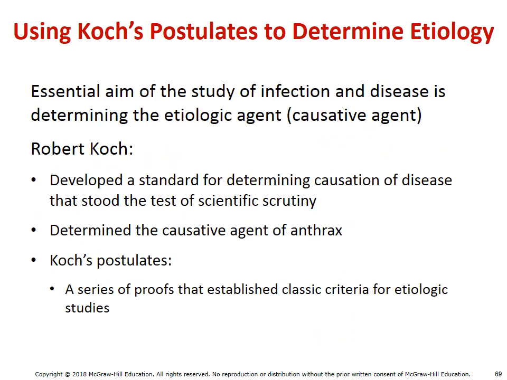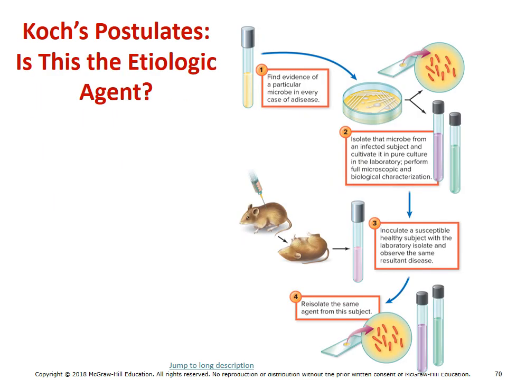Koch's postulate was an important postulate that really showed us cause of disease. And in fact, Koch was the first person to really prove disease through his postulates. So let's illustrate what his postulate was. Ultimately, he would take and introduce the potential pathogen into the host. And if it caused the disease, he would then pull it from the host and put it back under scrutiny and then back into a new host to prove that it was the cause.